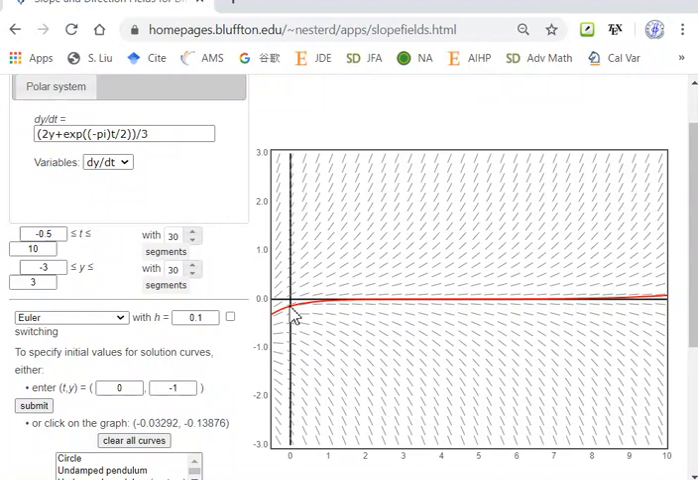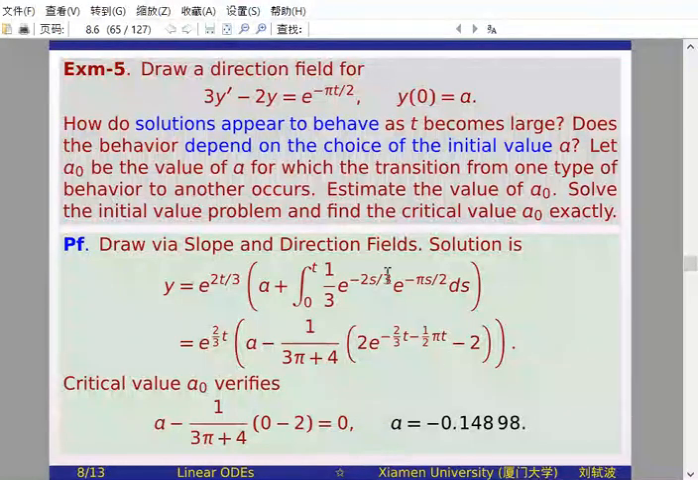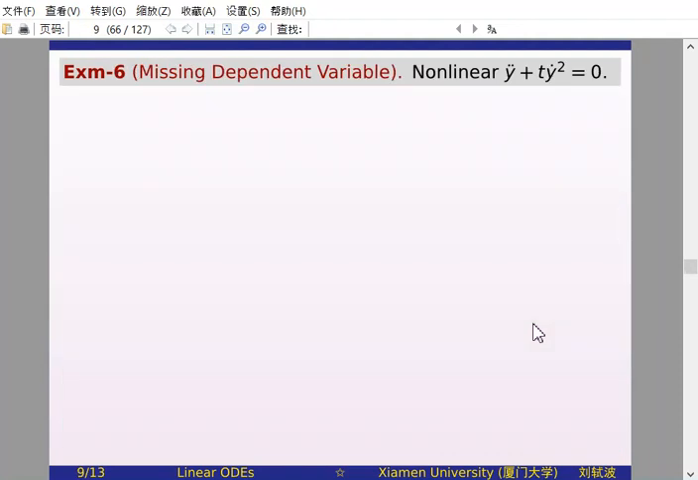But you could not expect to get the accurate value from the picture. Anyway, we can determine the value either graphically or analytically. Of course, the result obtained analytically is accurate. Okay, this is this example. Now, next we consider